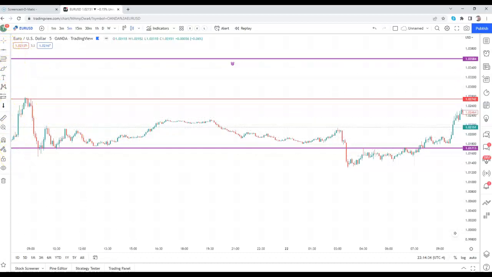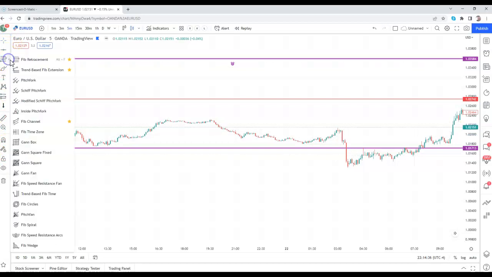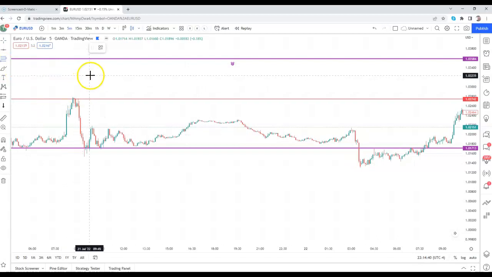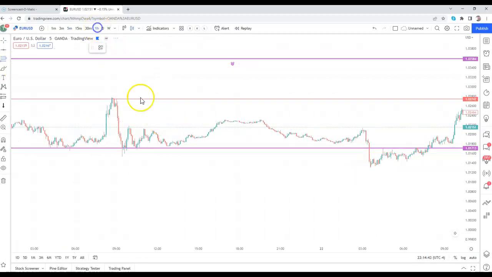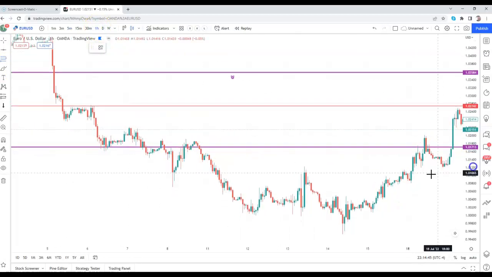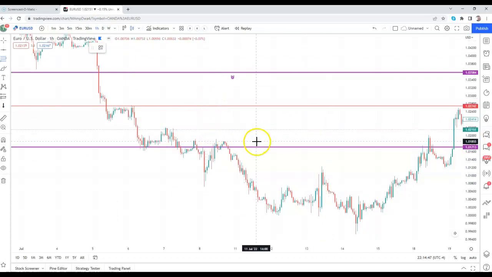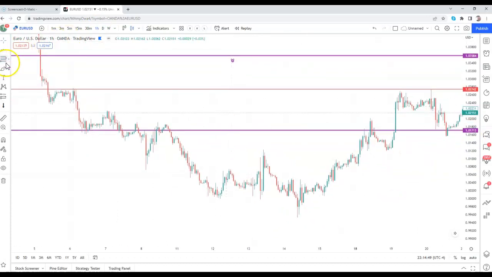So here on the left hand side, this is going to be the toolbar. Now here you're going to have your fib retracements. Now for those of us that don't know how to set the fib, Fibonacci retracement, if we're in an uptrend, we're going to go from the bottom. If we're in a downtrend, we're going to go from the top to the bottom. So for example,